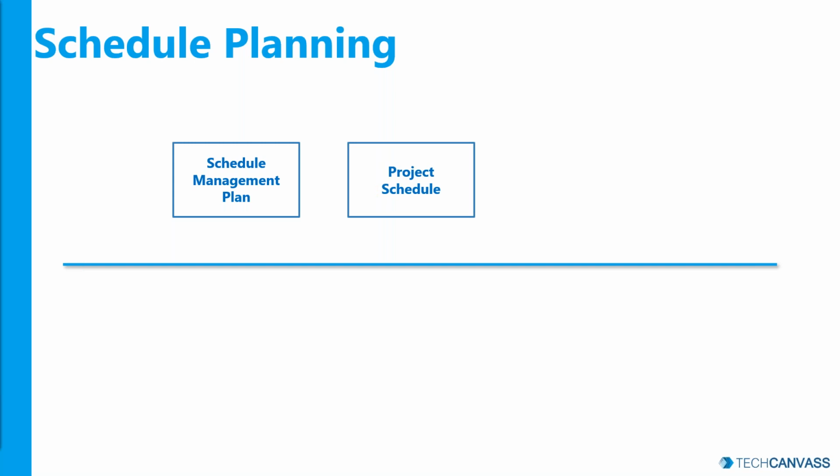The project schedule is the actual schedule. An example of a project schedule is your Gantt chart, or your engineering plan, or engineering roadmap or product roadmap. All these are project schedules. And one of the tools that you use to develop a project schedule is called a network diagram. There are many variations of that. This is also sometimes referred to as the precedence diagramming method. I'll show an example in the next slide.